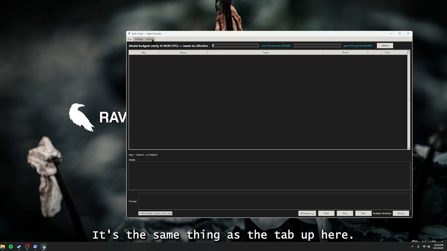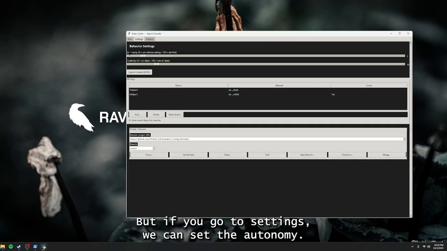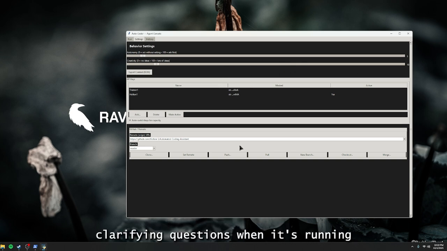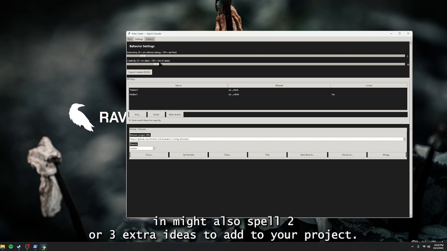It's the same thing as the tab up here, but we go to settings. We can set the autonomy, so the higher it is, the more likely it will be to ask you clarifying questions when it's running through its coding and actions. We have creativity, so whenever it does ask you questions, it might also spout 2 or 3 extra ideas to